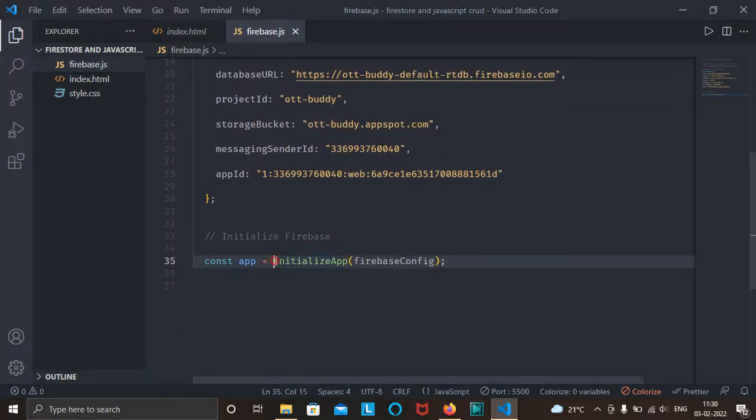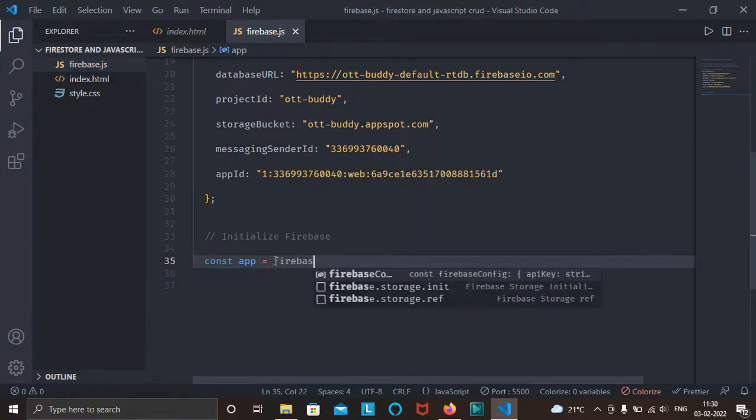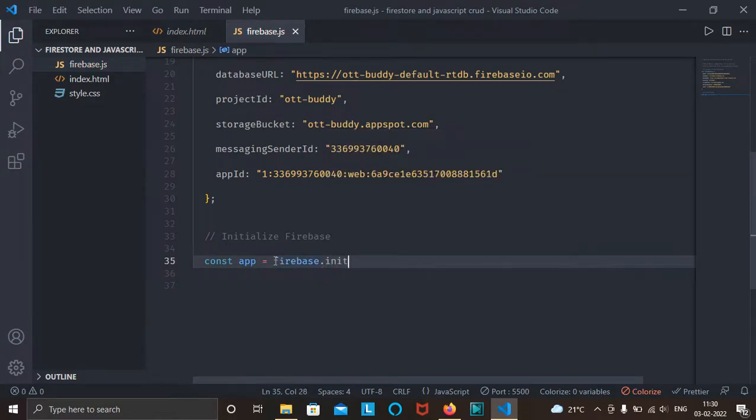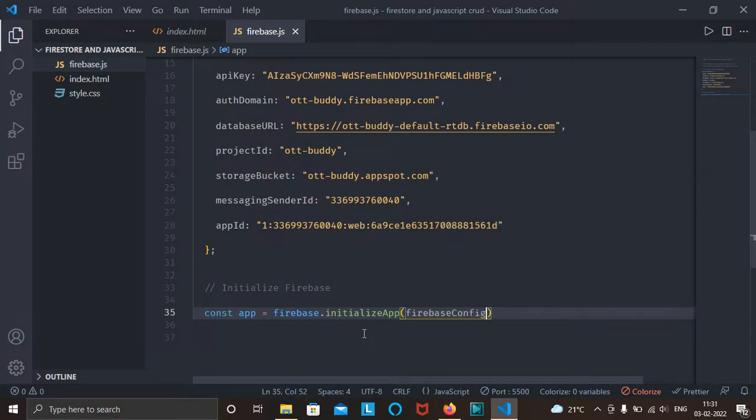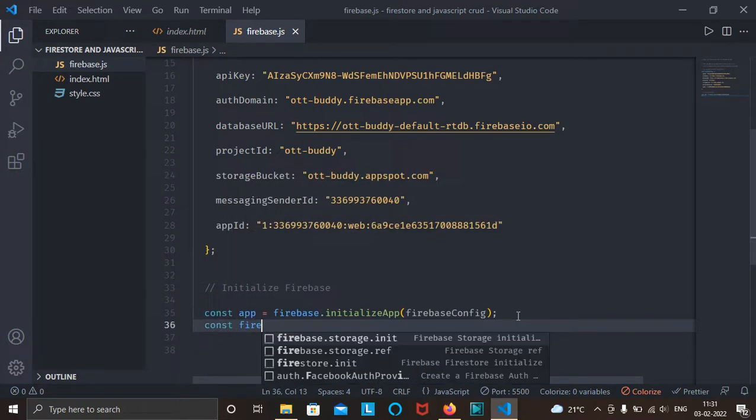Now make sure that this line would be written correctly, like firebase.initializeApp, firebaseConfig, and here make a variable of firestore.